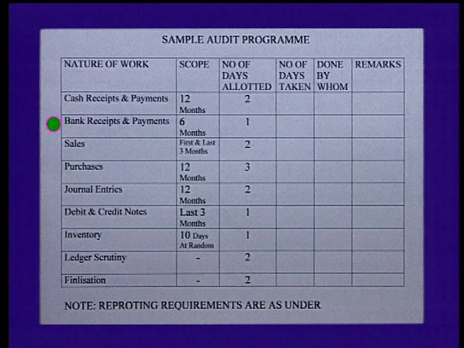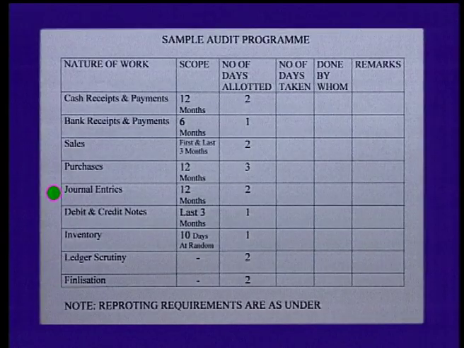The next point is sales. Here the auditor thinks that the first and last 3 months should be audited, should be vouched. Purchases, entire 12 months, because when studying the internal control systems, maybe the auditor thinks that this area is weak. So, let me do the entire 12 months audit. So, this scope of audit is definitely dependent on the controls which are existing and which have been studied by the auditor. Similarly, journal entries, debit and credit notes, inventory, ledger scrutiny and finalization, each and everything is given a